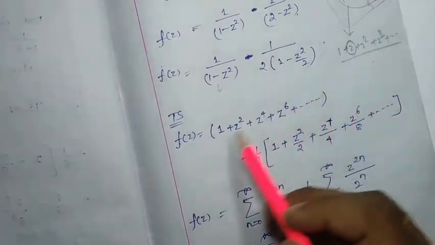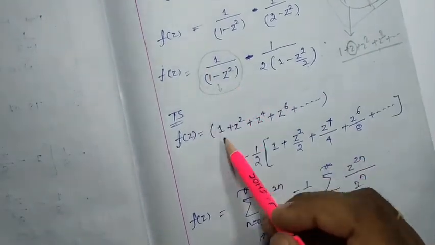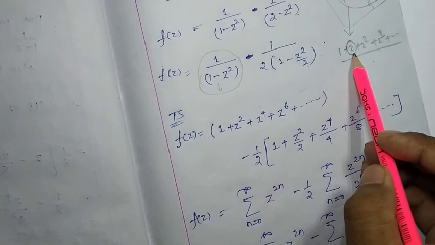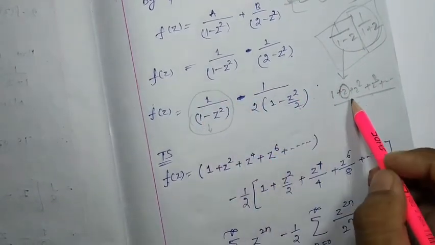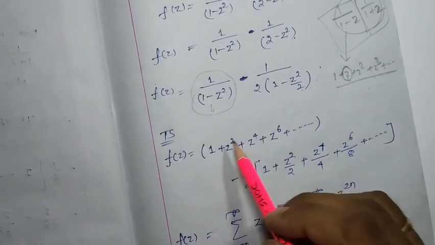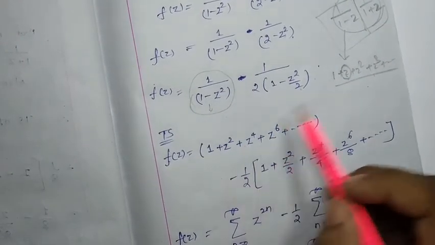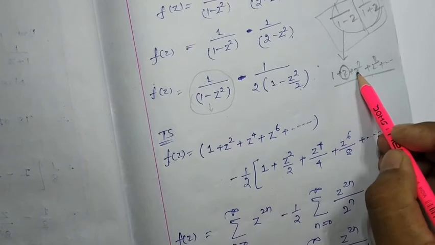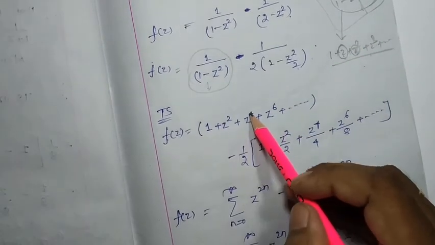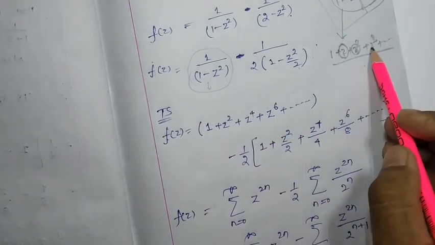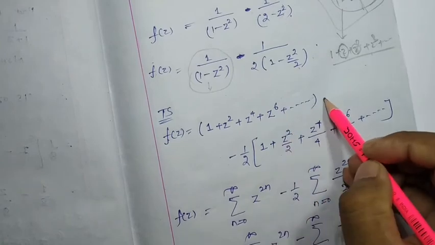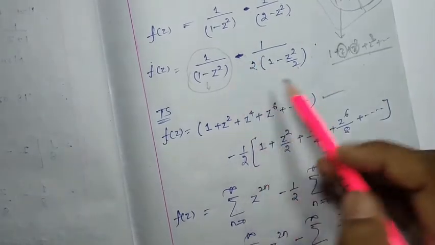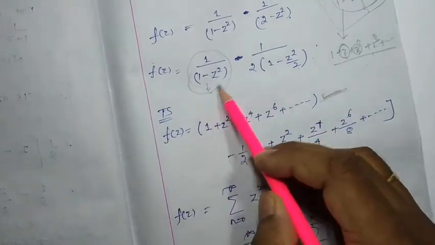So the Taylor series of this one will be 1 plus z. For 1 by (1 minus z) it will be z; for 1 by (1 minus z square) it will be z square. So instead of z we have to write z square, so z to the power 4. Again z cube, that means z square to the power 3, that will be z to the power 6, and so on, right? This will be the Taylor series of this one.